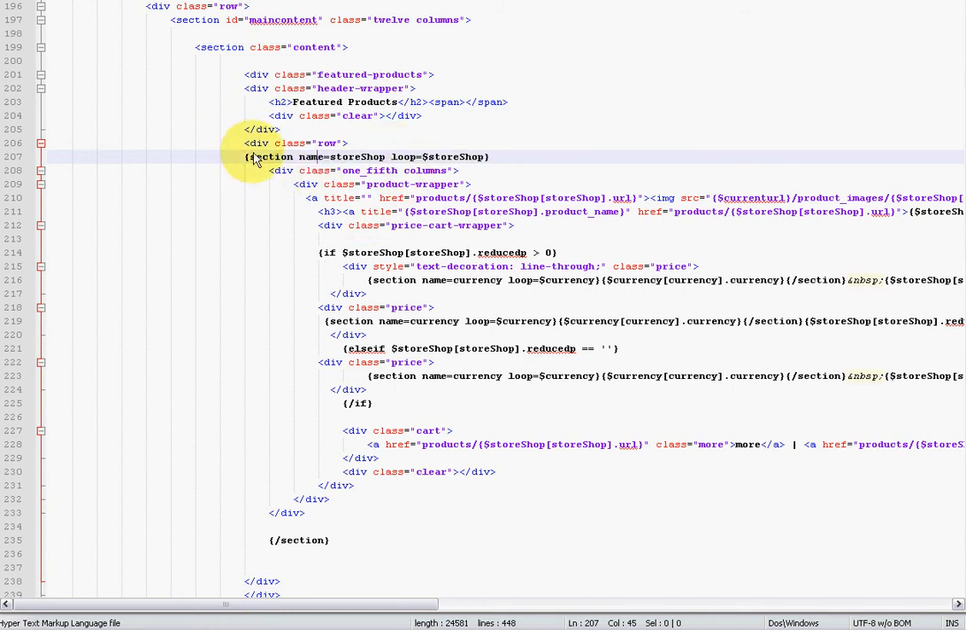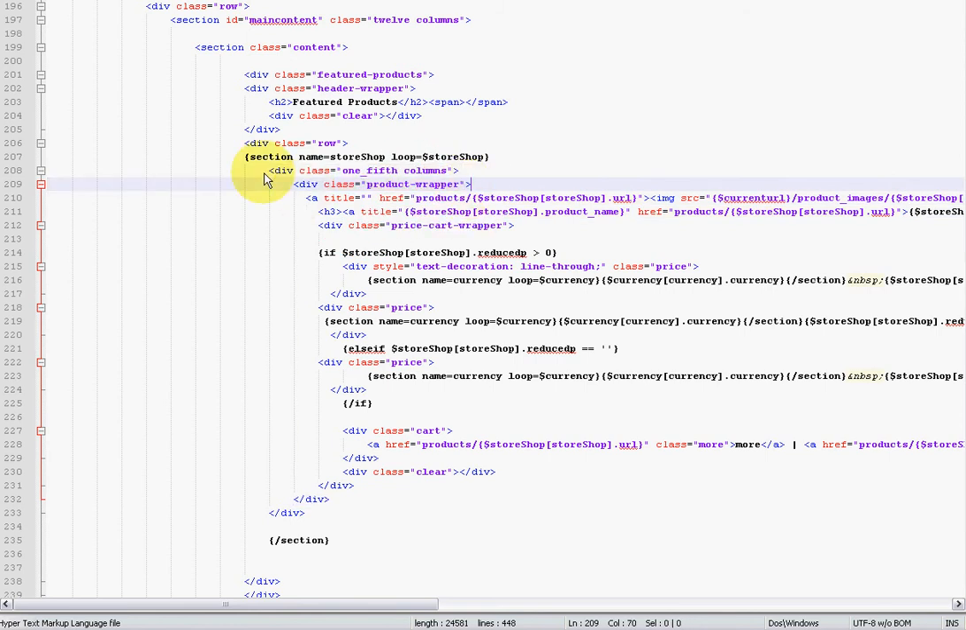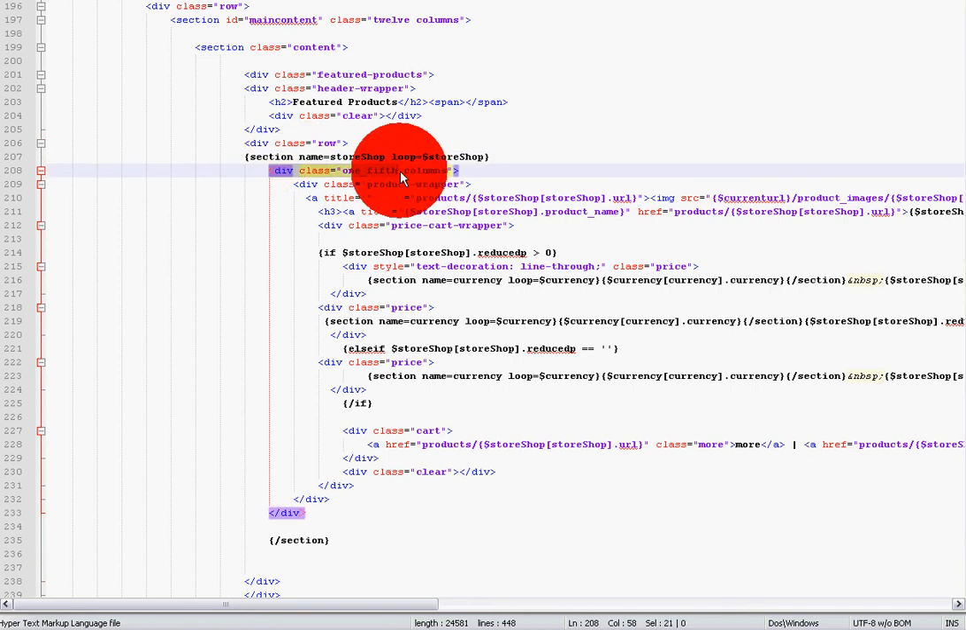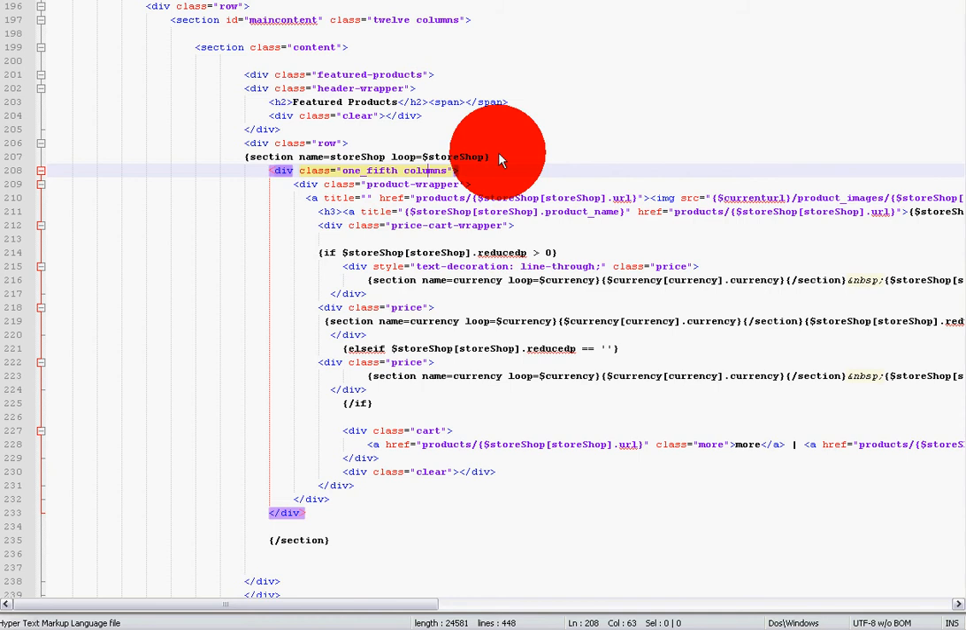So to do this, you put section name equals store shop, loop equals store shop, and then you put the code for your item or the divs, all the divs. As you can see, I've got many divs within divs within divs within divs. So you put the code that displays the item within this line of code. So once you've done that,